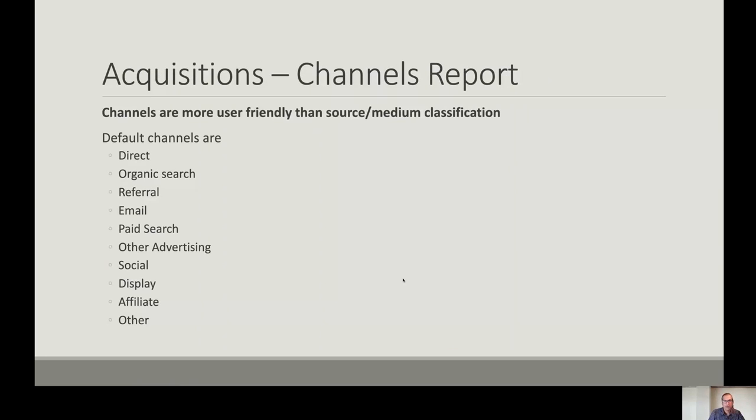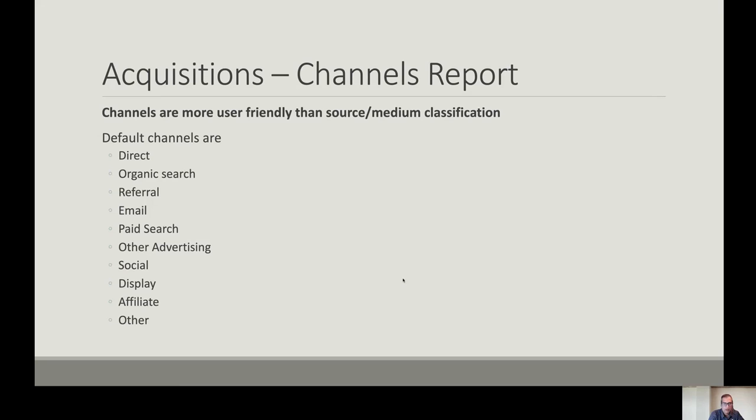Let's move on from the medium and the source report to the channels report. The channels here are easier to understand than the source medium classification. In the source medium classification, you have a broader source of traffic, which is a medium, and then we have a specific type of source within that medium. In the default channels, we don't have these two different levels of classification. Rather, we have a direct level of classification, like organic searches, emails, paid searches, social websites,